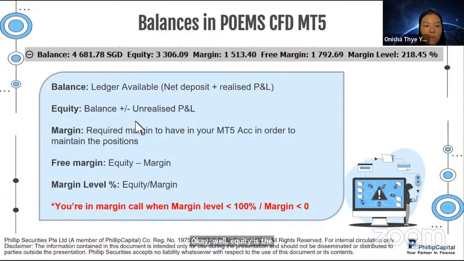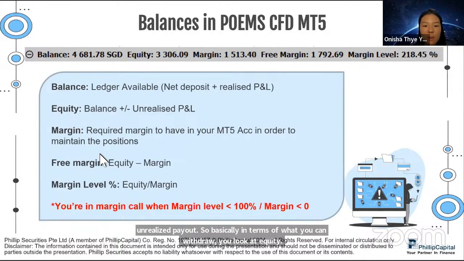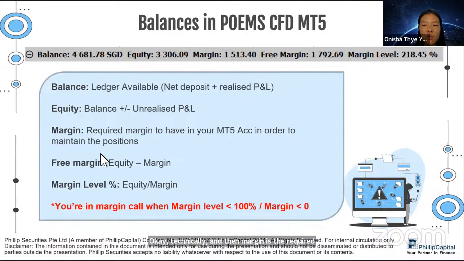So in terms of what you can withdraw, you look at equity. Margin is the required margin to have in your MT5 account in order for you to maintain the positions. Free margin is equity minus margin, which is your available cash in your account to open new positions.